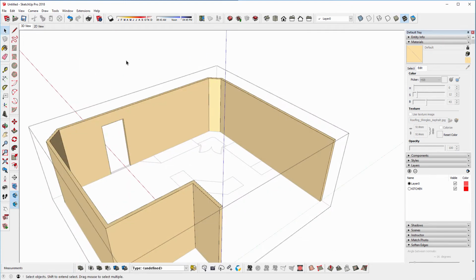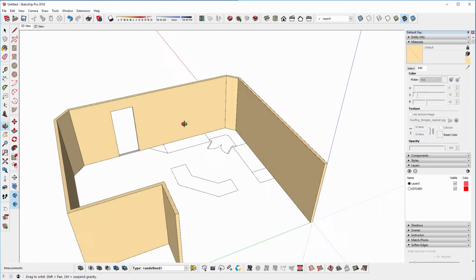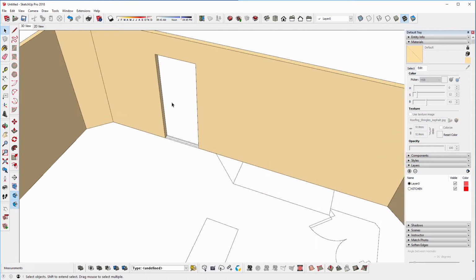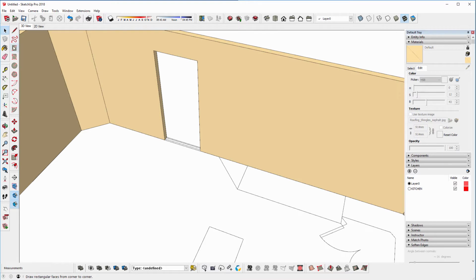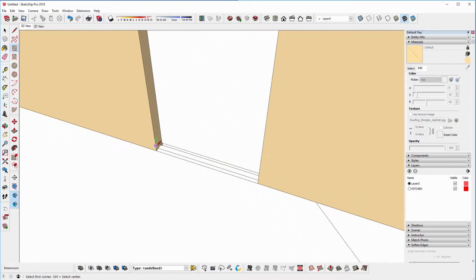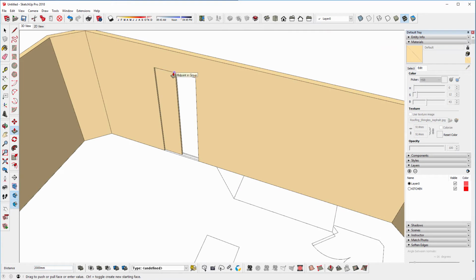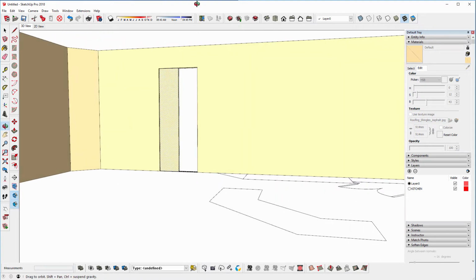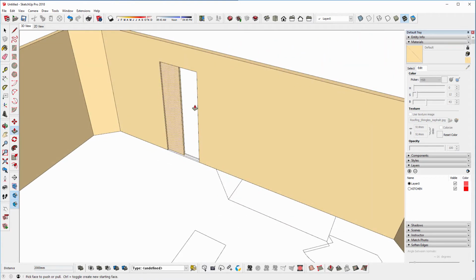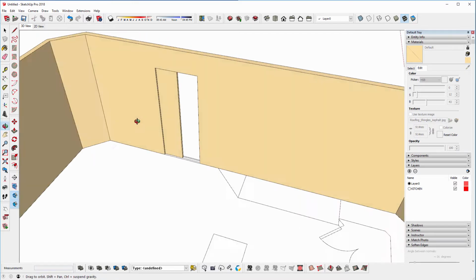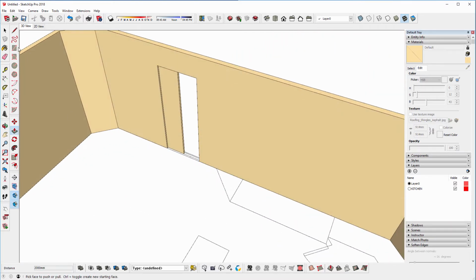So now what I can do is close the group because I don't need to do much more work to that. The other thing you could do though is get the rectangle tool, for example. You could draw over this maybe to halfway, push-pull tool and push-pull it up until it hits the underside of the door opening. So it looks like the cavity slider or the sliding door is going into the wall, which can give it quite a cool effect. So then I could triple click on that, right click and make that a group